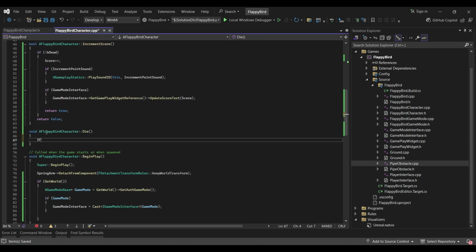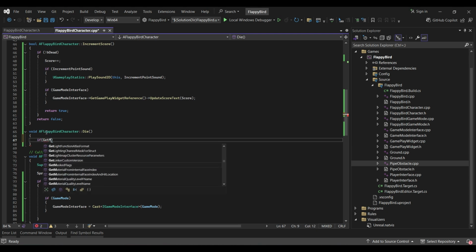So when we die, for this tutorial we are setting simulation for the character mesh. You are setting the physics to true, simulate physics. Okay, so we need the mesh. So if get mesh,